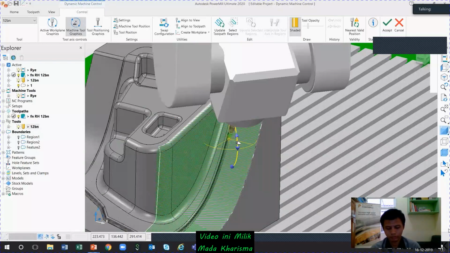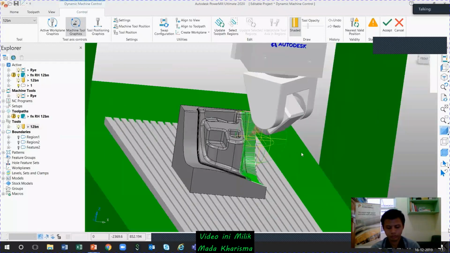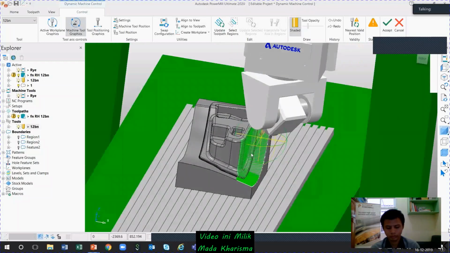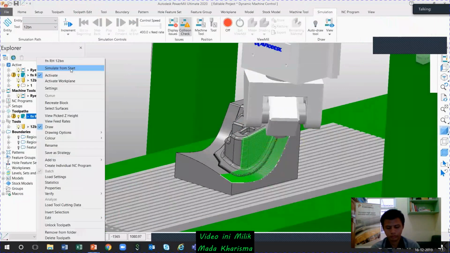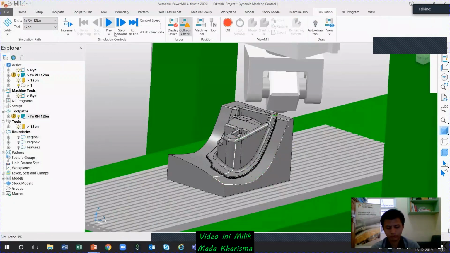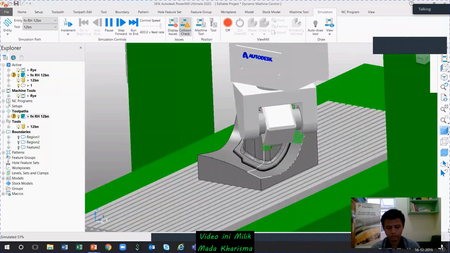Then just press update toolpath. Now what will happen is, from the tool axis vertical, it automatically changed to fixed direction. We will see later within the toolpath axis. Now you just simply run again here. So you can see the toolpath is running with the same angle, without any collision. If there is any collision, we can change it again.